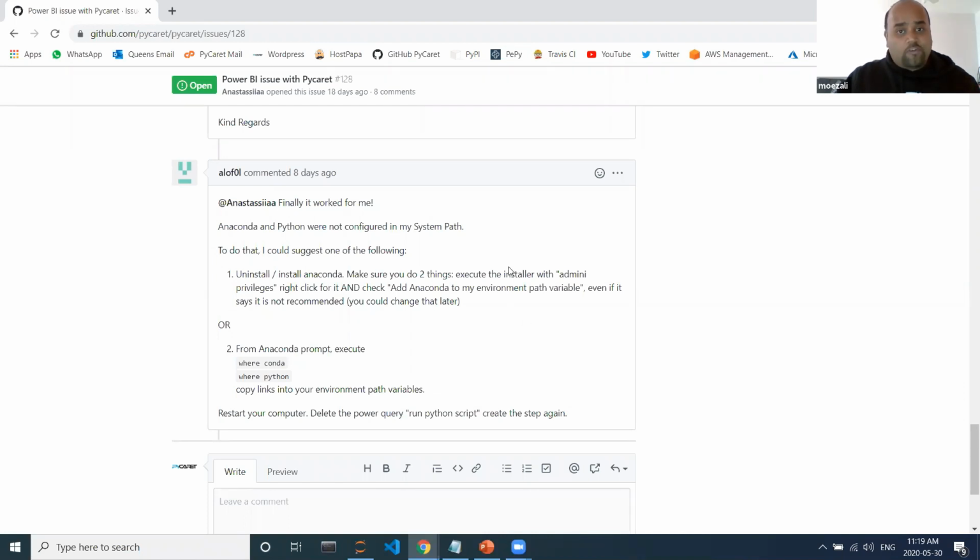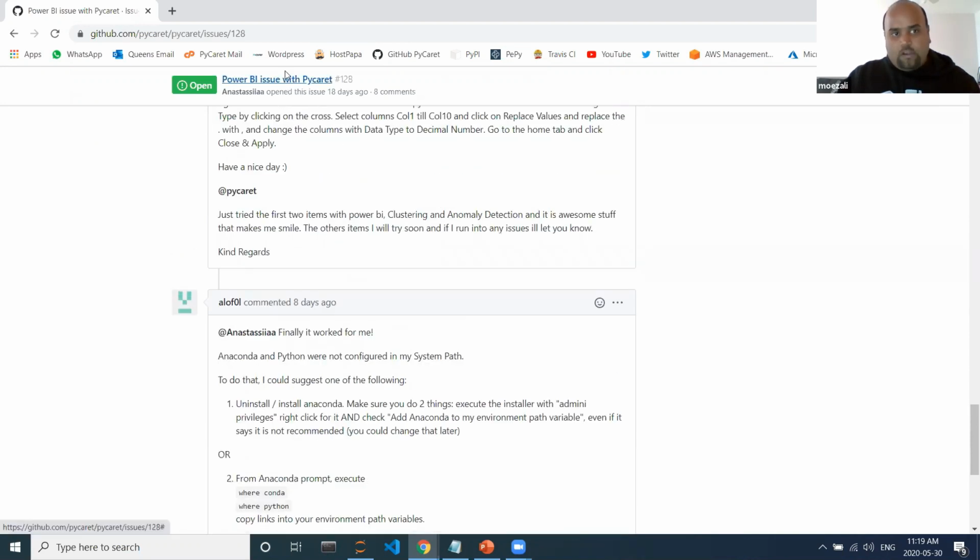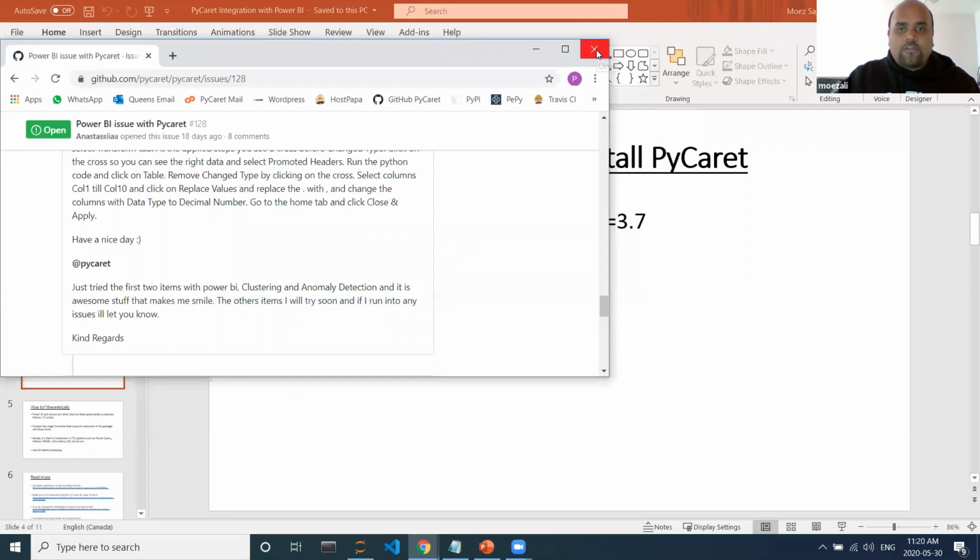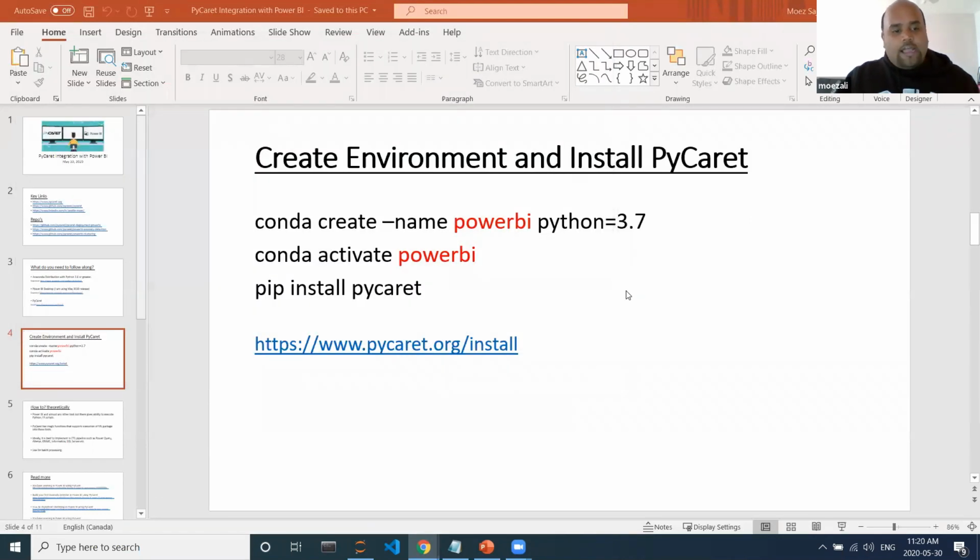solve this problem. So if you face a problem, the best place is to open up GitHub, look for Power BI issues, and I'm sure you'll find an answer. If it's a new issue, I'm hopeful somebody or myself will respond. I usually check GitHub issues twice or thrice a week. Okay,